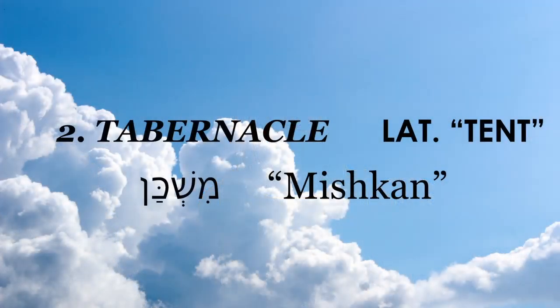Let's look at another term that's used in Tanakh to describe sanctuary. It is tabernacle. And tabernacle also comes from a Latin word, and it means tent or temporal dwelling, temporal settling. And it talks about the divine presence settling down with Israelites. In Hebrew, for that term, we're using the word Mishkan.